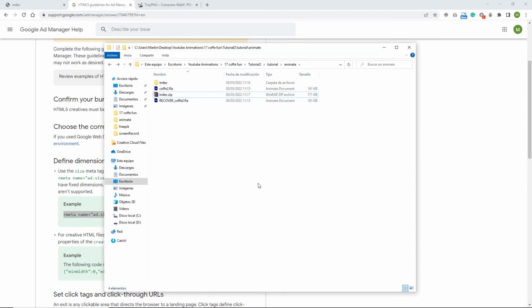Now this is not going to work in Google Ads because of one thing: the size of the zip file needs to be smaller than 150 kilobytes. So there are two things that we could try to do. One of them is I will get rid of this zip file like so, and right now I will go in here,